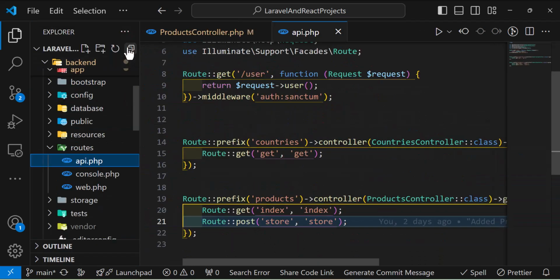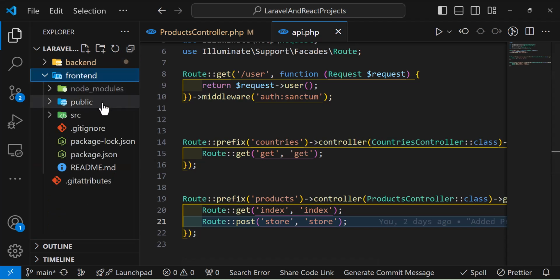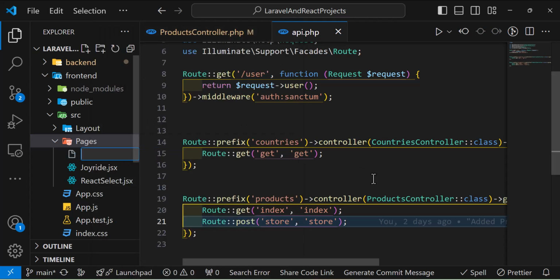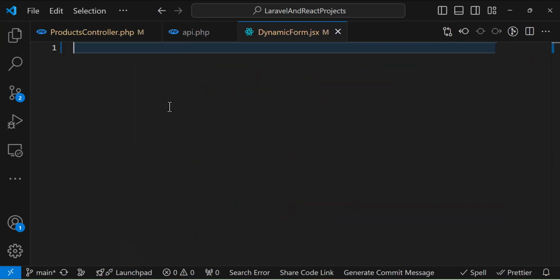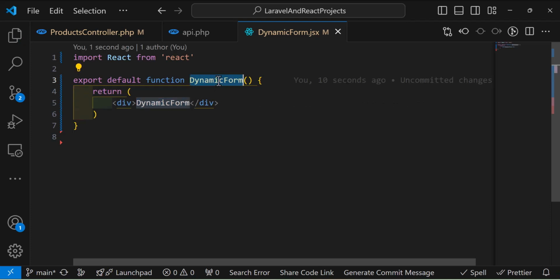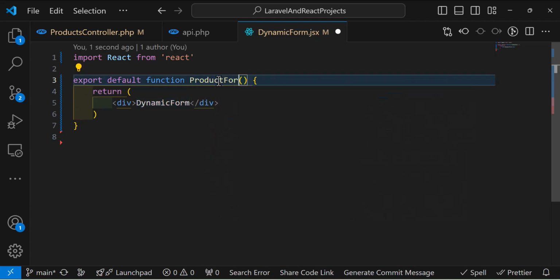So let's go to inside our front end project and the source, and then inside the page I will create a new file with the name of dynamic form.jsx. Let's create our default function in here. Let's change the name to product form,